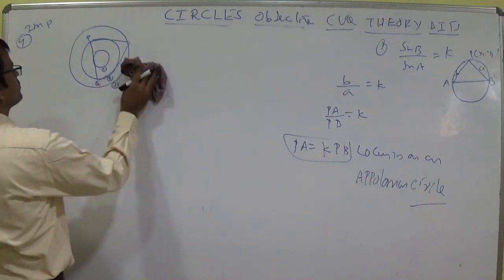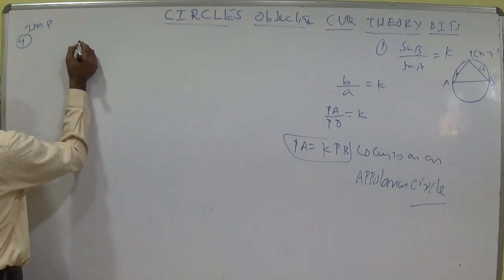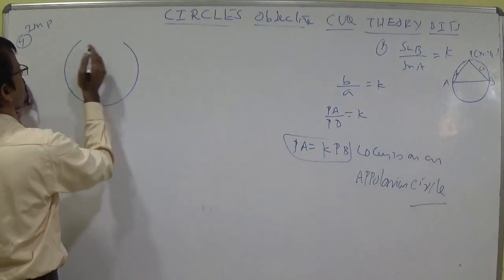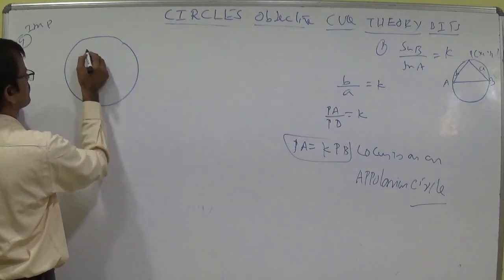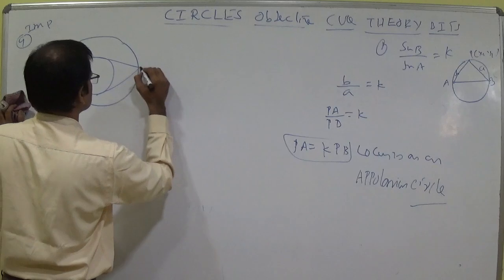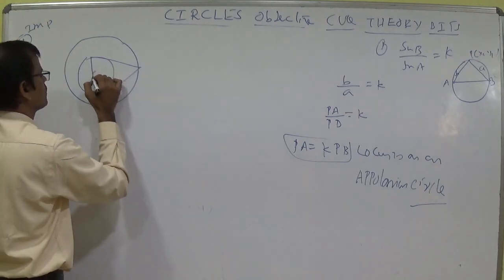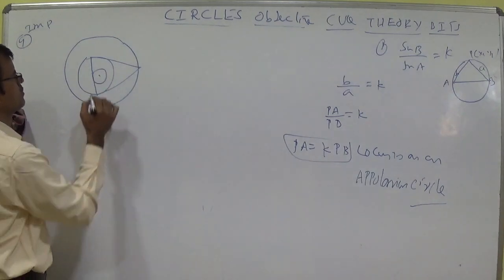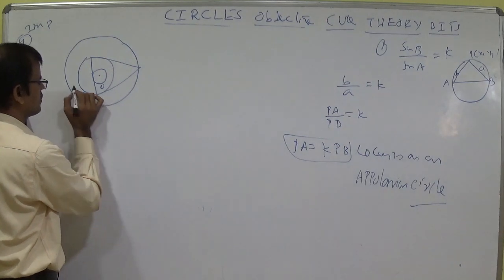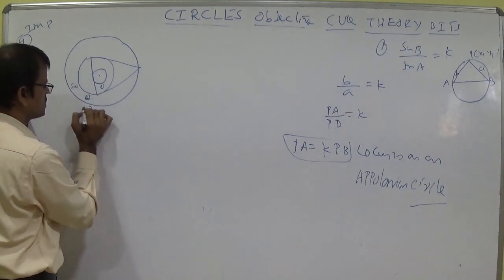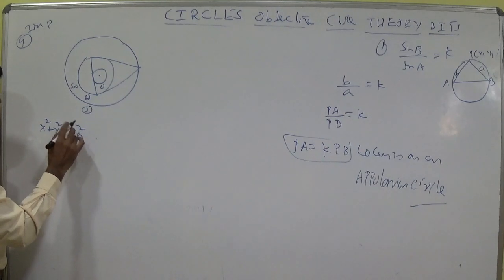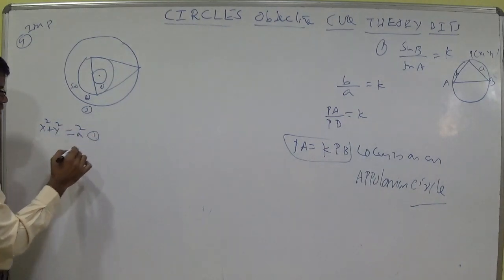We draw in a proper way. Like this. Try to understand this one. Center is same. Tangent of this is 1. This is the concentric circle, whatever is given, that S is equal to 0. This is the third circle. The first circle is x square plus y square is equal to a square. Let it be first one.